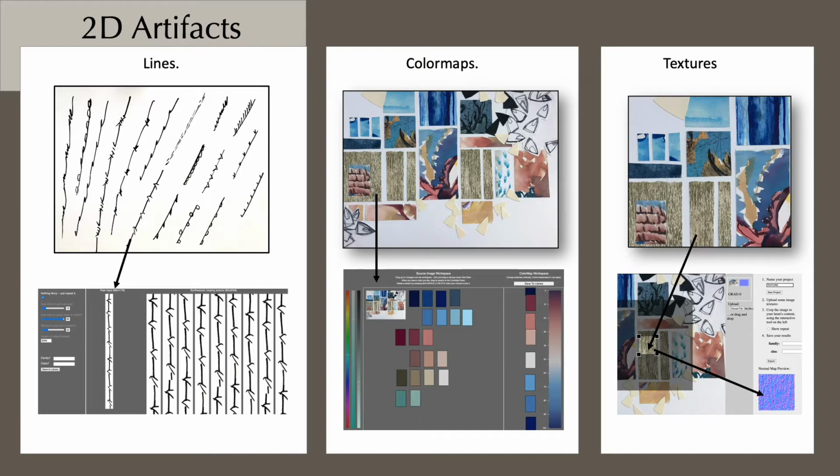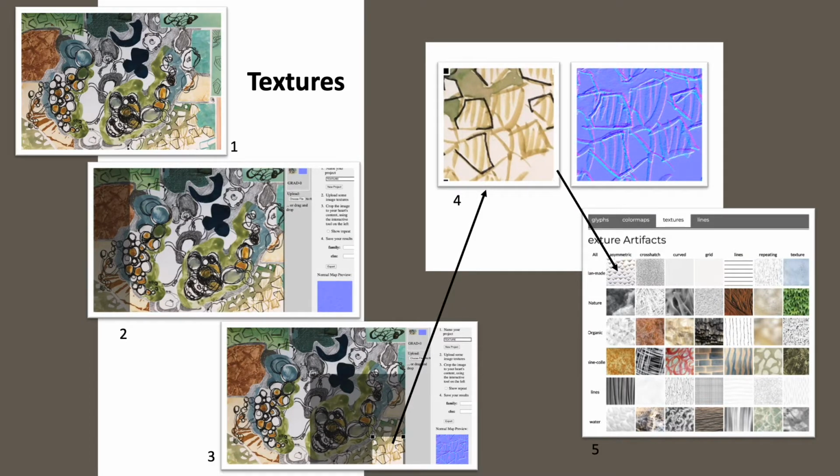So on the lines, you can see I've got just a sketch pad there with a bunch of scribbles on it, and I picked one and dropped it into the tool on the bottom, and it makes a continuous line. In the middle, there's a tool for constructing color maps based on palettes and images and things. And on the right is an explanation of texture. So you can see how we've dragged and dropped this same image into the texture mapper, and we've chosen the selection of the area we want the texture.